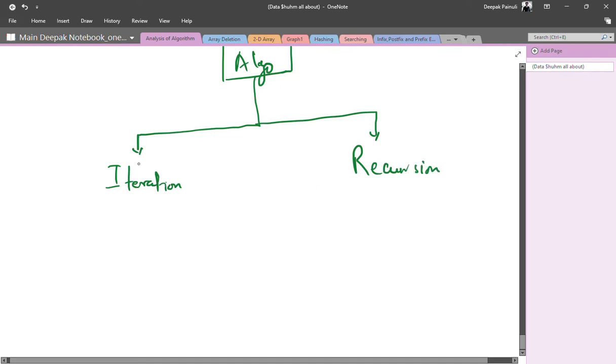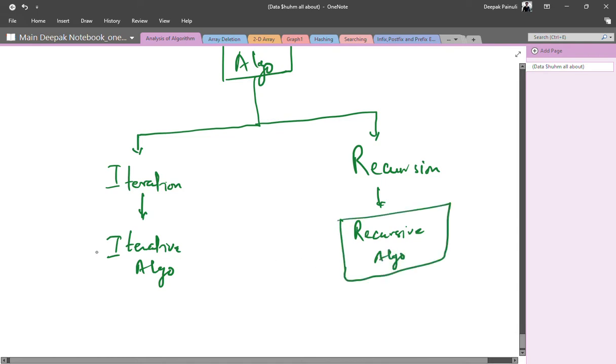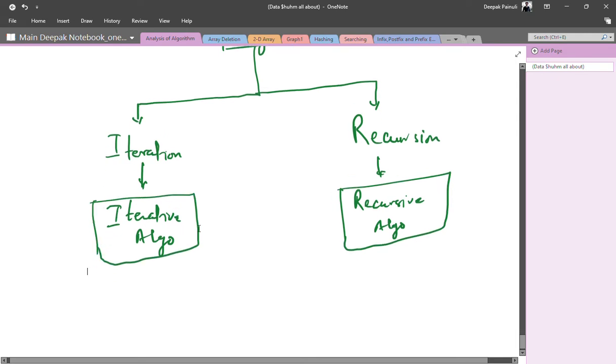So the two types will be the iterative algorithm and the recursive algorithm, because these are the two methods of processing the instructions of an algorithm, right?